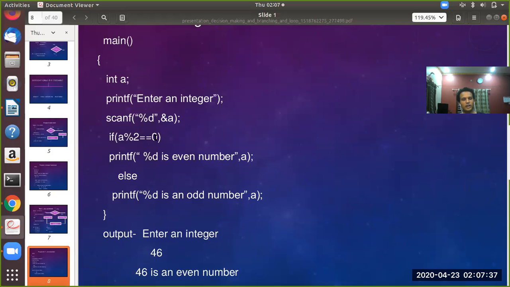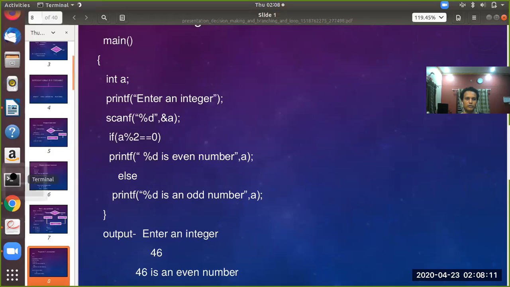Note that in the program we are not showing the flower brackets here and here. If there is one line in the block to be executed in the if-true block, then you need not mention the flower brackets. If there are multiple lines, then it is mandatory. Putting the flower brackets after the if statement is mandatory if there is more than one statement in the if block to be executed. Similarly, in the else block there is only one statement, so no flower brackets are required.